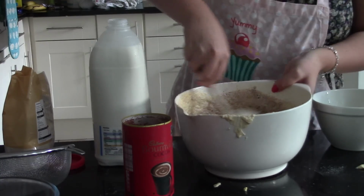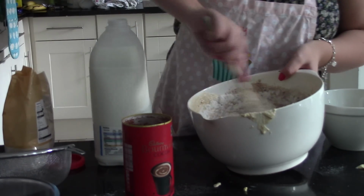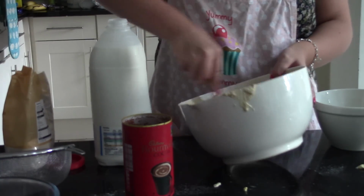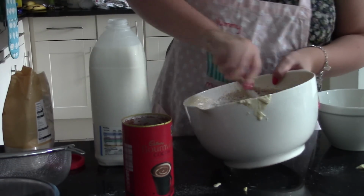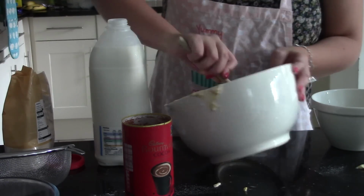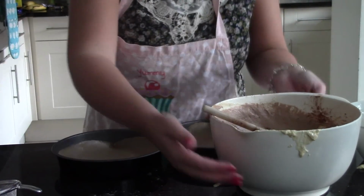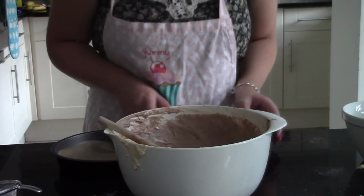Beware that baking, you do make quite a mess, so just be aware of that one. Once you add in the flour, it will now look a lot thicker. And if it's a bit thick, then just add in some more milk. Okay, so when your mixture is looking something a bit like that, nice and chocolatey, you want to then pop